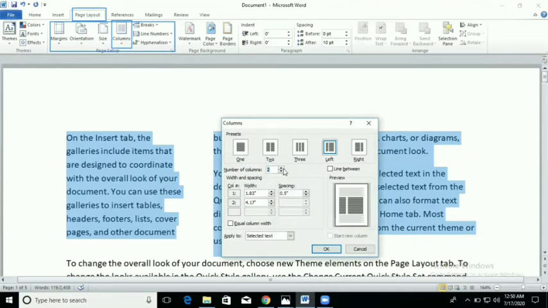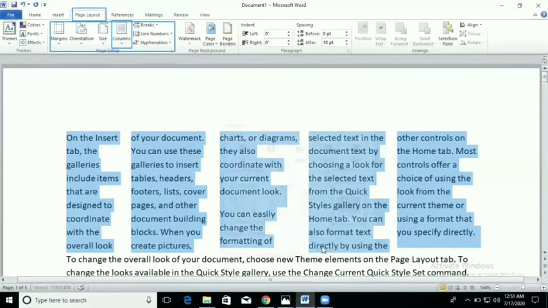For example, if I want to take 5 columns, then you can write it here 5, or the second way is you can use these arrows. The up arrow is for increasing the columns. You can see here also the preview will come. I have taken here 9, so you can see 9 columns displaying in the preview. If you want to decrease the columns, just use the down arrow. If I have taken here 5, you can see 1, 2, 3, 4 and 5. Just go to the OK.